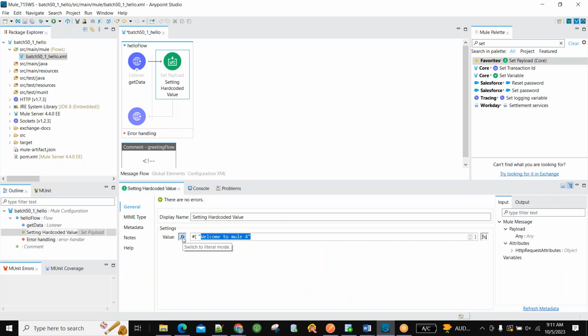I have enabled this FX and I am saying like welcome to Mule 4. Otherwise, I will change. Like if I keep the previous message again, you will get hello. Like this message I am keeping, and what I'm trying to say is that I have modified something